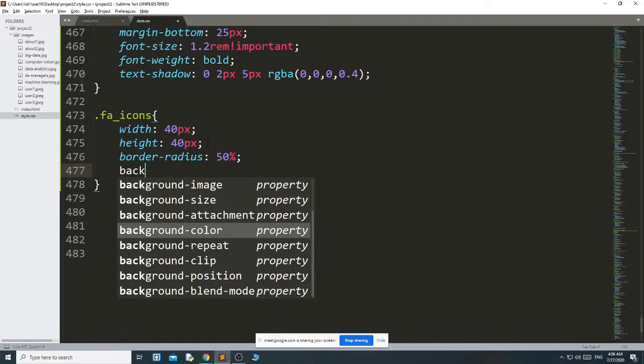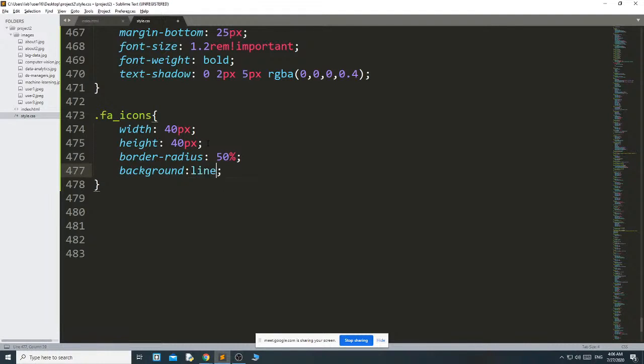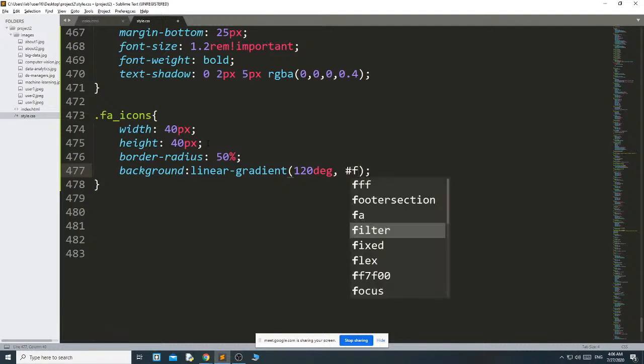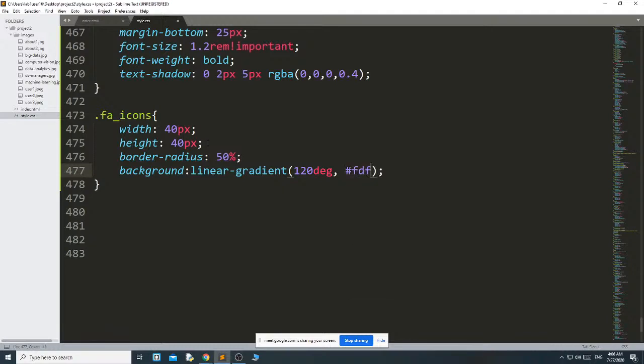Then background linear gradient, and I just give this color as FB 0% and EBEDEE 100%.